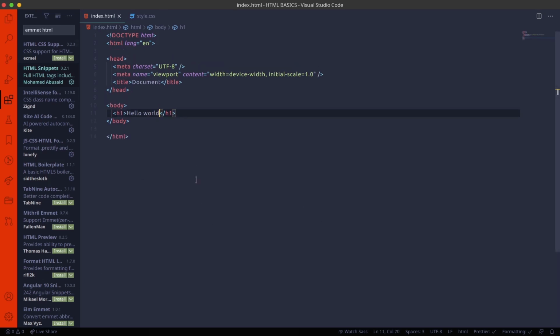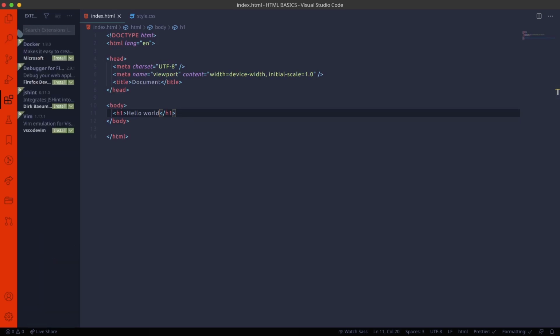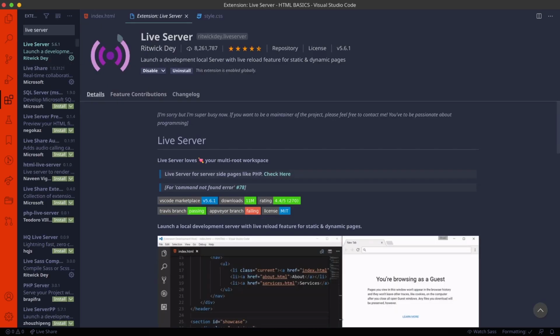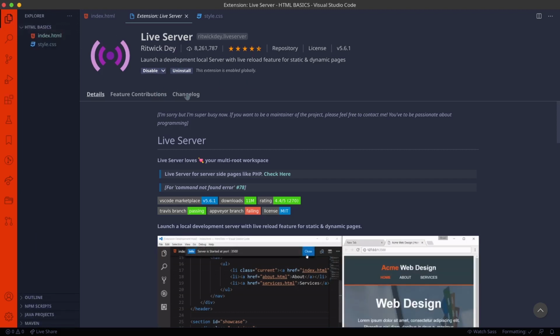And then in Visual Studio Code we have another extension called Live Server. Make sure you download this, then only our code will be visible in the web browser.